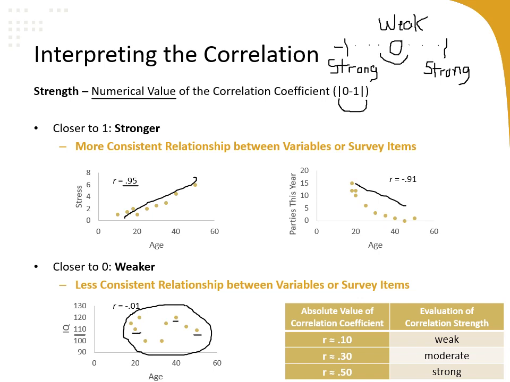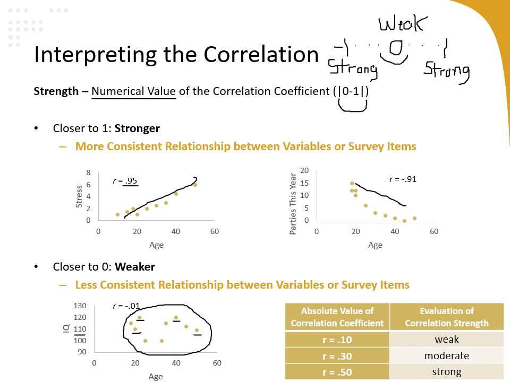We have somebody who's a little older and is way up high on the IQ, and also somebody who is younger and is way up high on the IQ. So it's just spread out. It's not consistent. In terms of numeric values, any absolute value of a correlation near 0.10, so if it's near